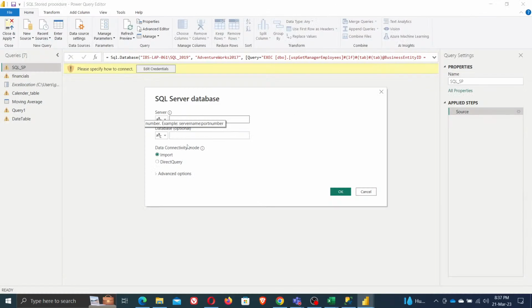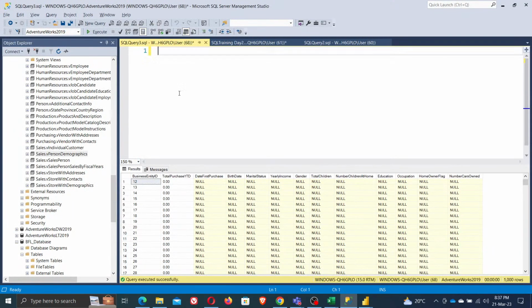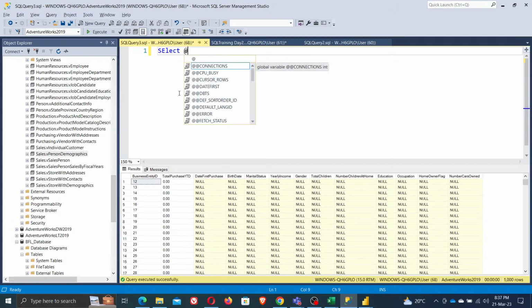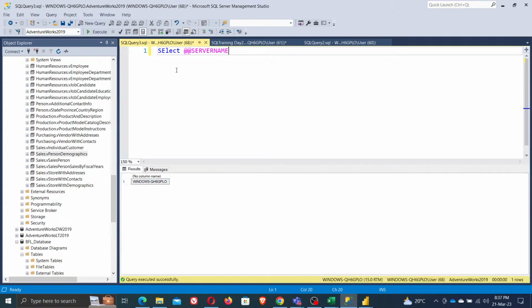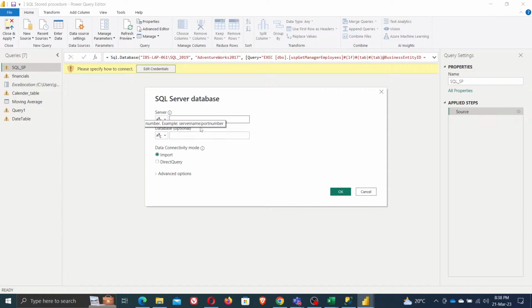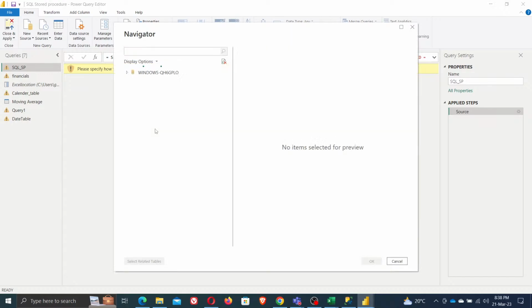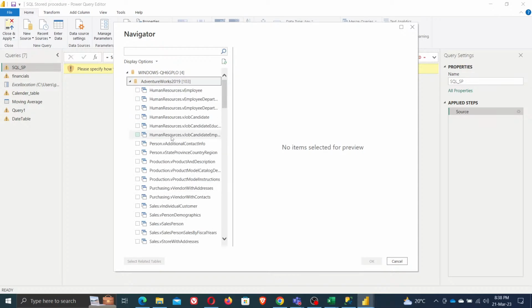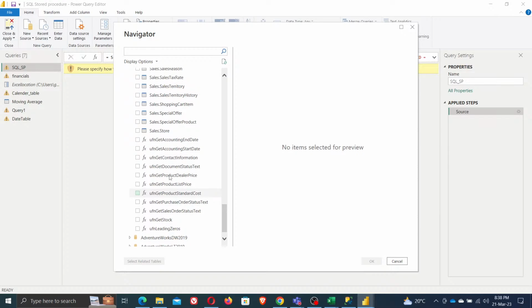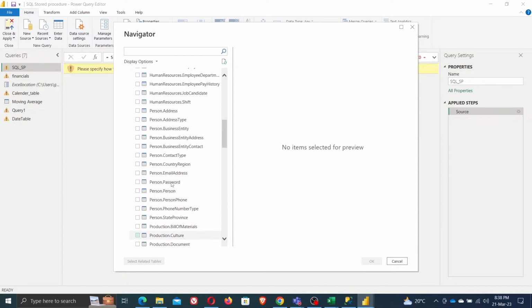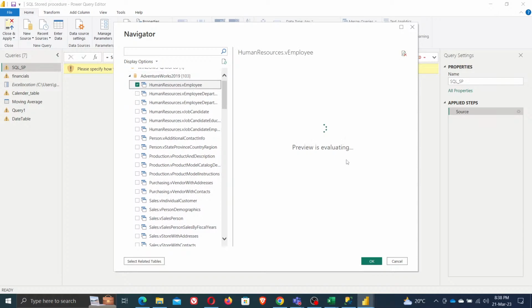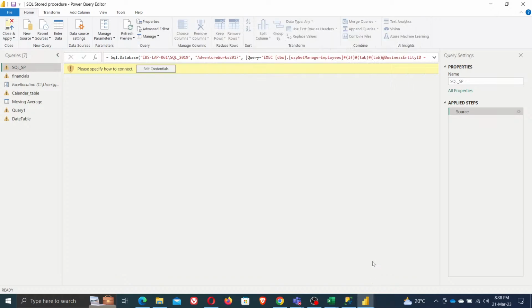मैं डायरेक्टली लिखकर पहले दिखाता हूँ। सेलेक्ट सर्वर नेम, सर्विस नेम नहीं, सर्वर नेम। ठीक है, कॉपी डायरेक्टली सर्वर नेम। कोई भी ले लो, बट मैं इसमें व्यू का लेता हूँ। ये व्यू ले लिया मैंने। सिंपल, जैसे आप टेबल लेते हो वैसे व्यू लेते हो, कोई डिफरेंस नहीं। ये व्यू का हो गया आपका।